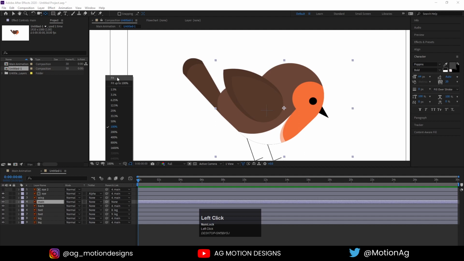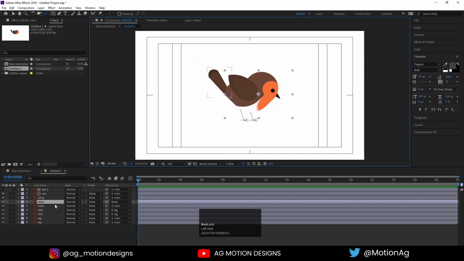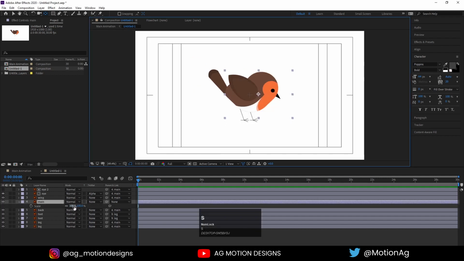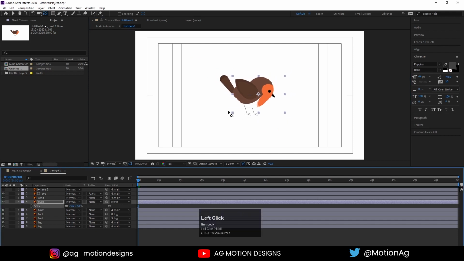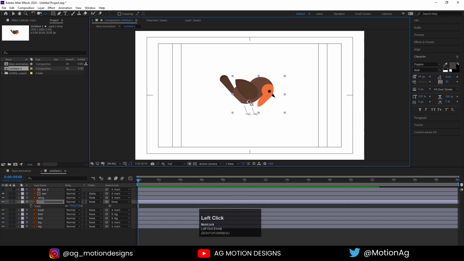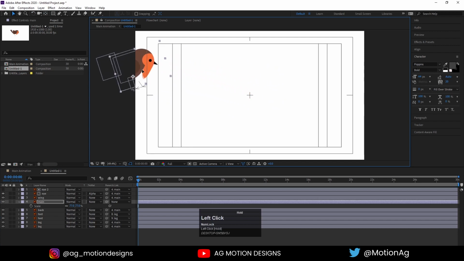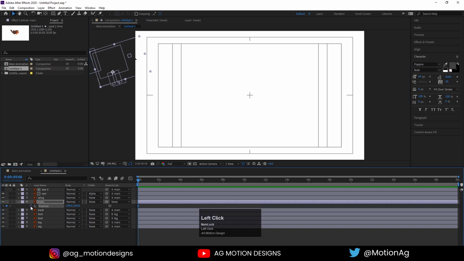Now after that we need to animate this main. First of all, we will scale it a little bit down, and I'll adjust this anchor point over here. Hit R for rotation, and I'll rotate it initially something like this. Now press V and I'll move it over here. Press P on keyboard, hit U so we can see our keyframes.